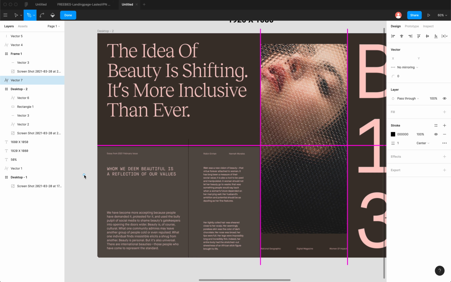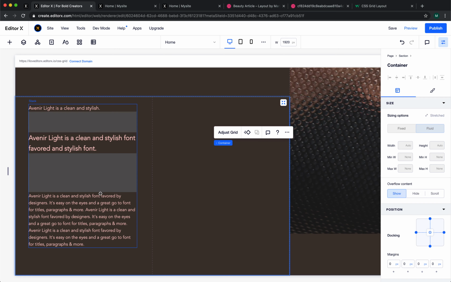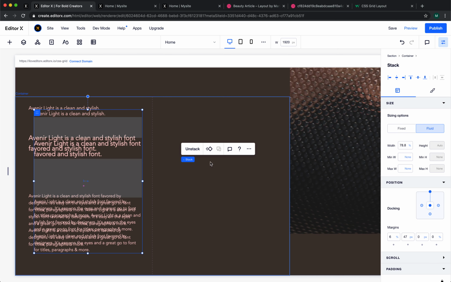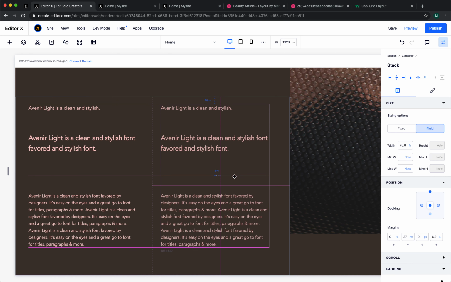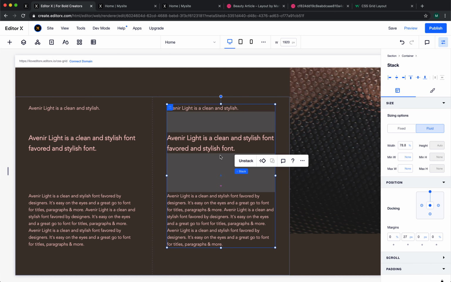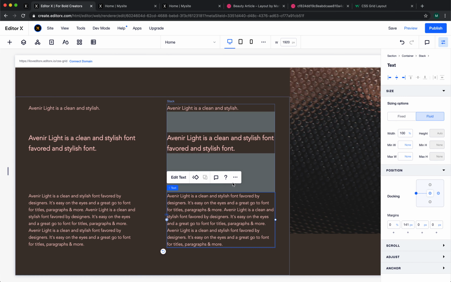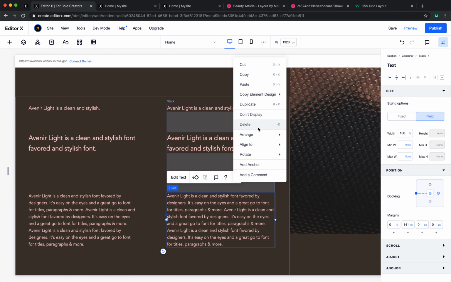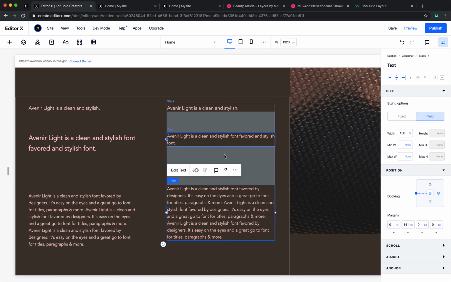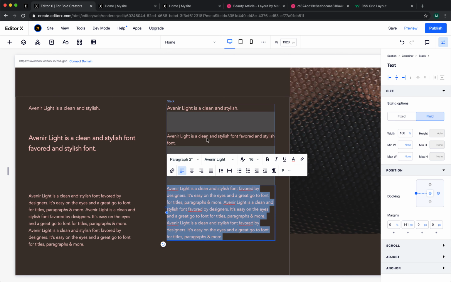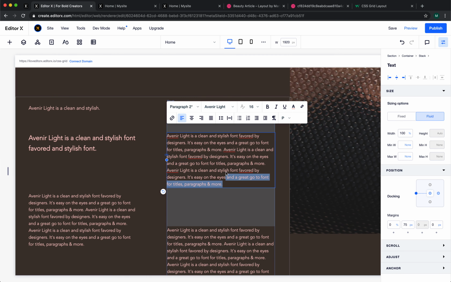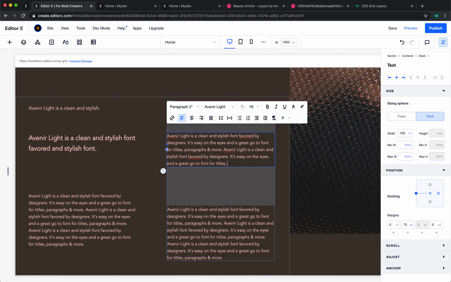And now I can duplicate it. It's not exactly the same, but you know, just for the layouting, so it's not the most important thing. So I can copy this design and paste it here, and now it's identical, and I will place it, I will copy paste this text,